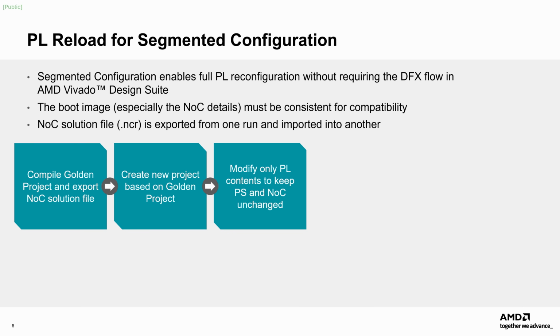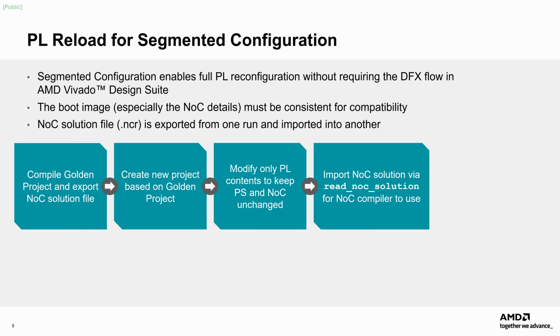When a design is complete and is routed, first, lock all the NOC path segments that are tagged with the initial boot property, as well as all the segments connecting the PS domain to the PL. Then, export the NOC solution from a routed design checkpoint and write it as an NCR file using the write NOC solution command. To replicate the NOC solution, read in the NCR file by setting the NOC solution file option within the implementation run properties. This option calls the read NOC solution Tcl command prior to running place design to apply the NOC solution from the initial run.